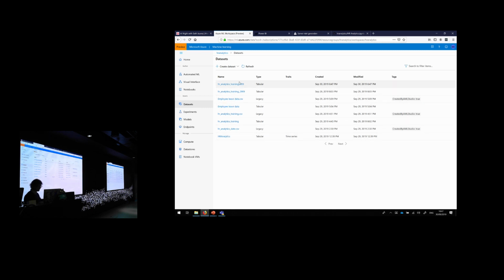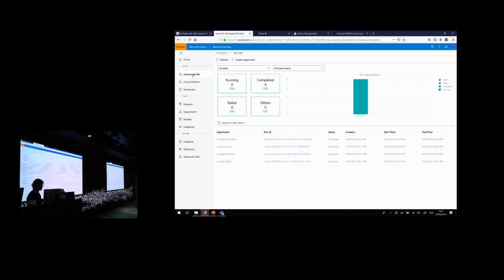Yeah, and there it is. So good news. Now we can start training the model. And for this case, I use the automated ML. I already played a little bit with it in my research group, so you get an overview of what you've done, what worked, what didn't work, and other things.